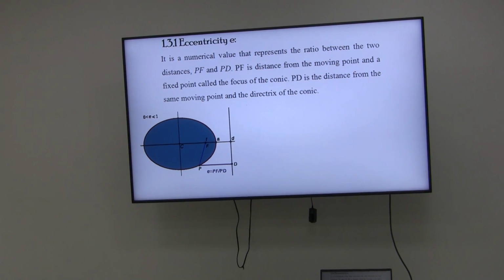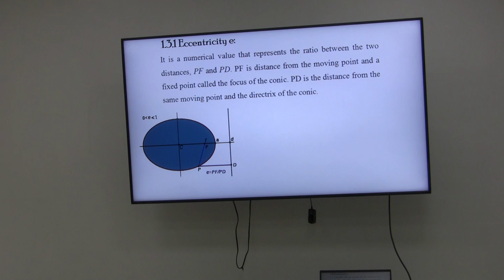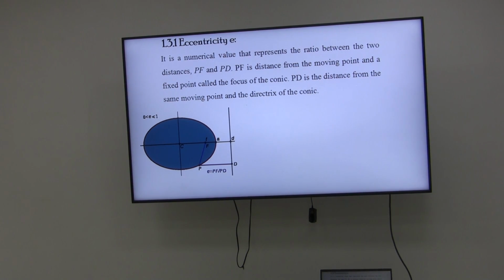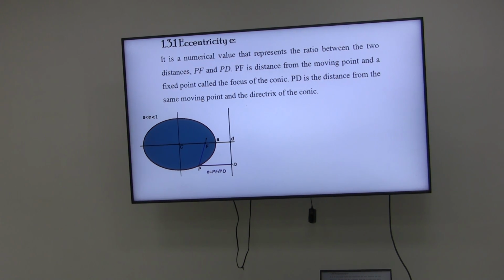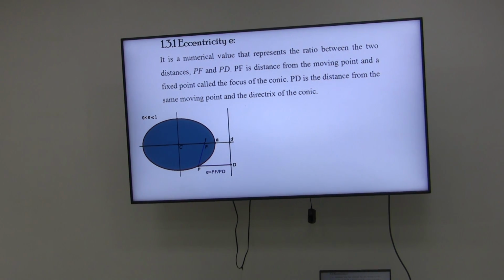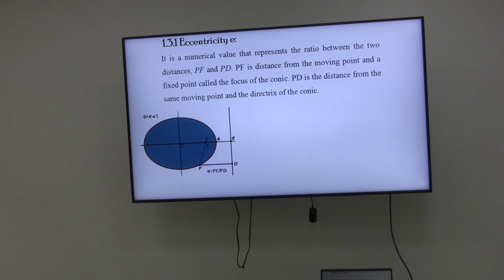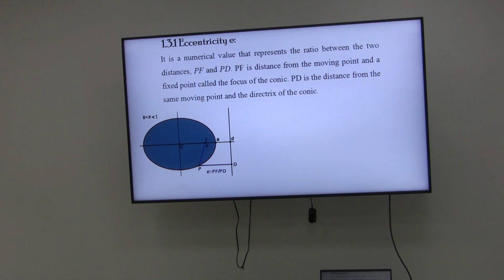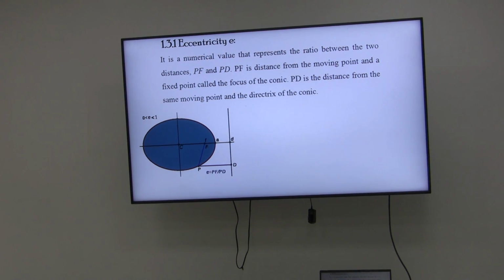So for a certain ellipse, let's say it's going to equal 2.5. At any point on the surface of this ellipse, the eccentricity will be 0.5. But in general, any other type of ellipse, its eccentricity is less than 1. Once more, what is the eccentricity? The eccentricity is the ratio between the distance from the point to the focus and the distance from the point to the helping line, which is the directrix.